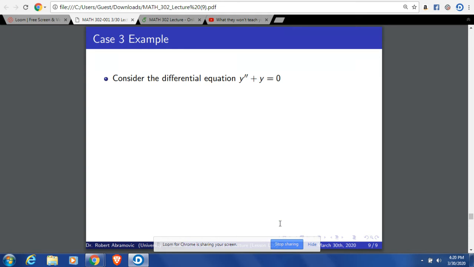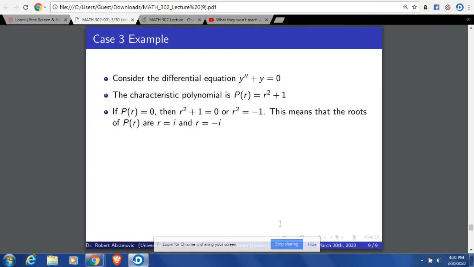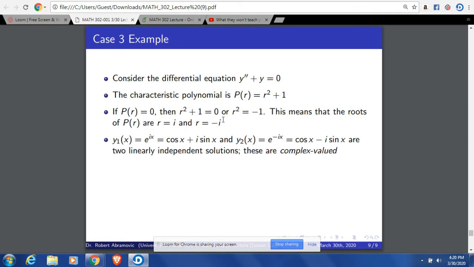So that was case 2. Now let's move on to case 3. Consider this differential equation: y double prime plus y is 0. In this case, the characteristic polynomial is r squared plus 1. If the characteristic polynomial is 0, r squared plus 1 is 0, or r squared is negative 1. This means that the roots of the characteristic polynomial are i and minus i, and y1 of x is e to the ix,